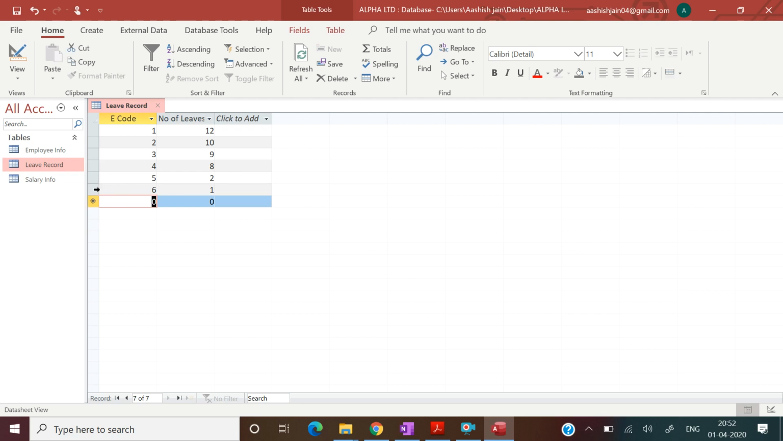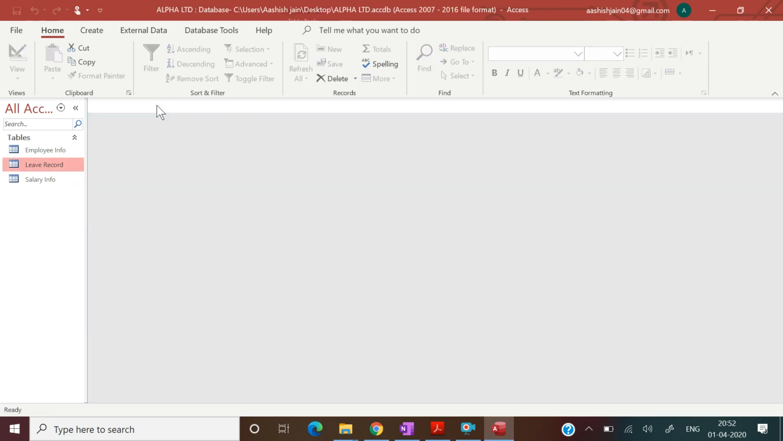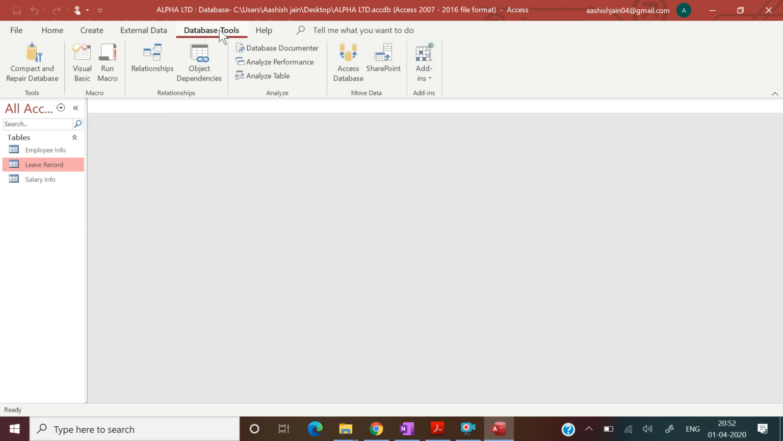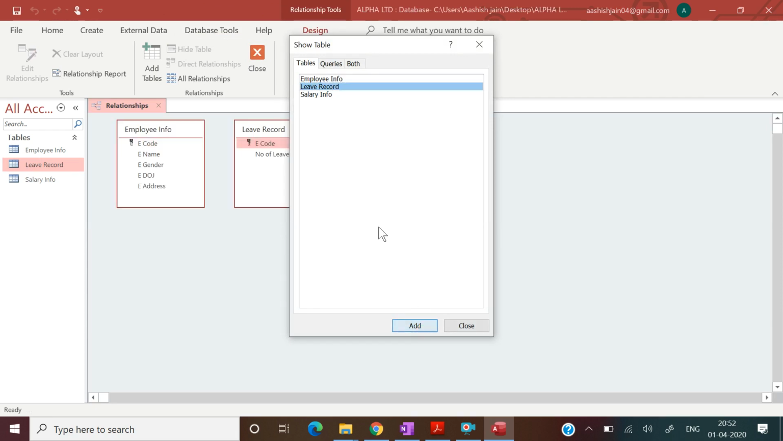Sorry, we need to put only 5 details. Now press Ctrl plus S to save this table. Close. Now we need to create relationship between them. Go to database tools, relationship, select all these tables one by one,